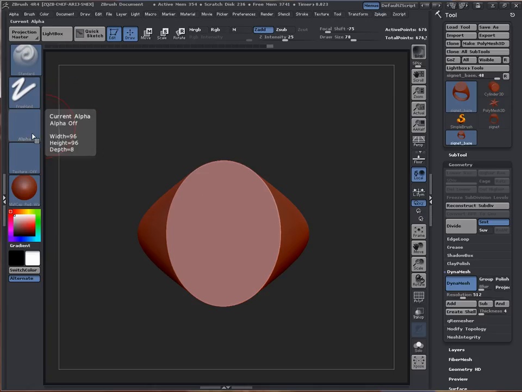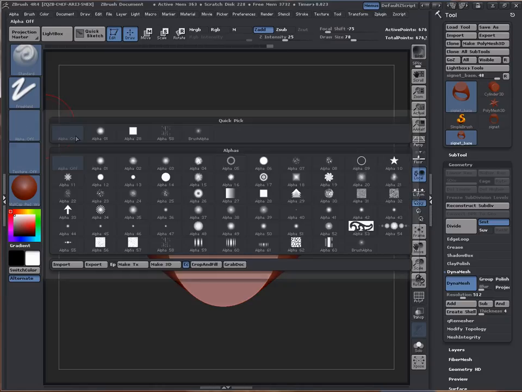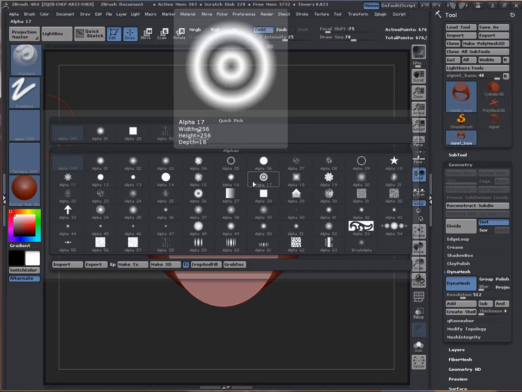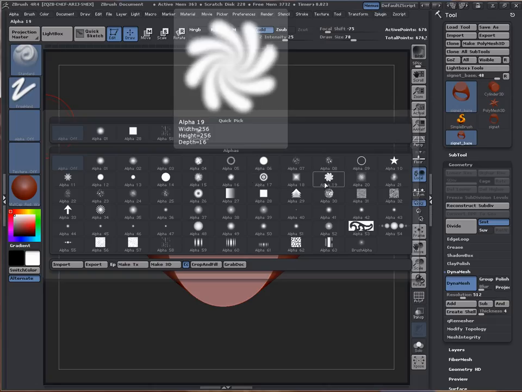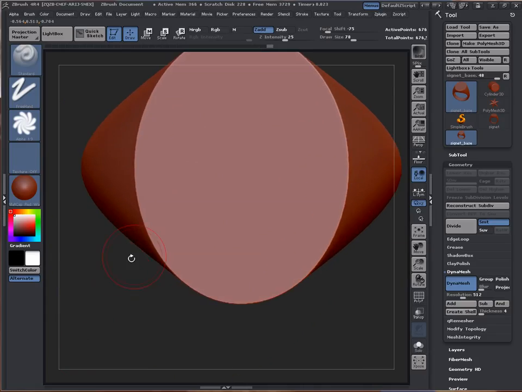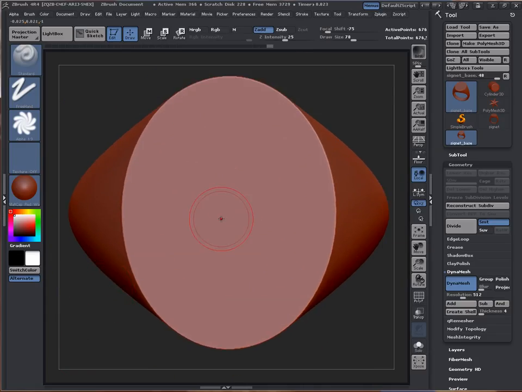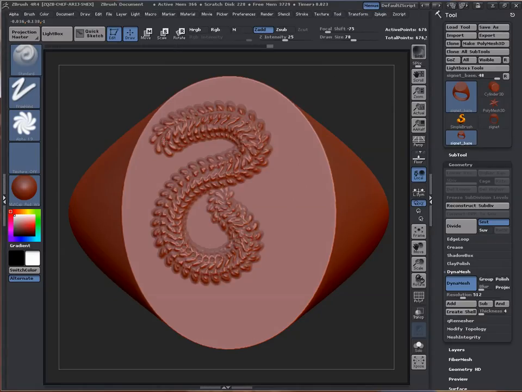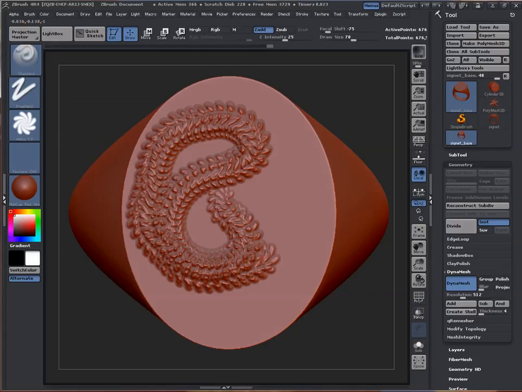There is an option here for alphas, so it says alpha here. If I click on that, it'll open up a whole bunch of alphas that exist. Let's just take an example of one of these to get started. This one's pretty darn easy to see what it is. This is alpha 19, and I'm just going to hit X to turn off symmetry real quick. If I click and drag with this, you'll see that it starts dragging,